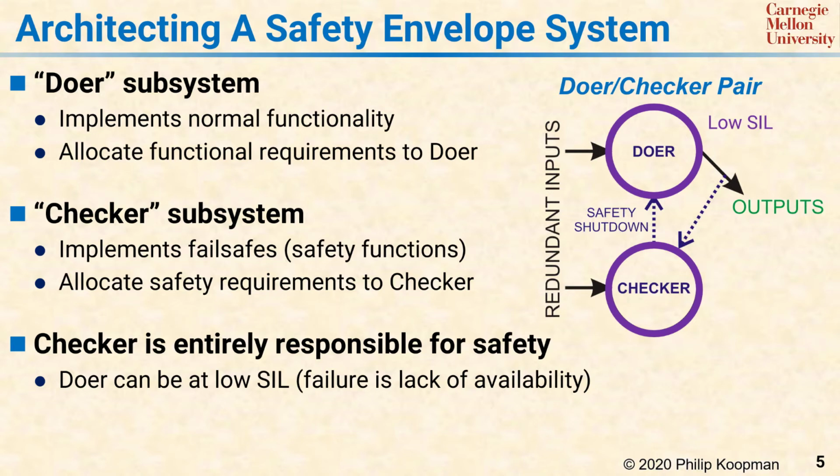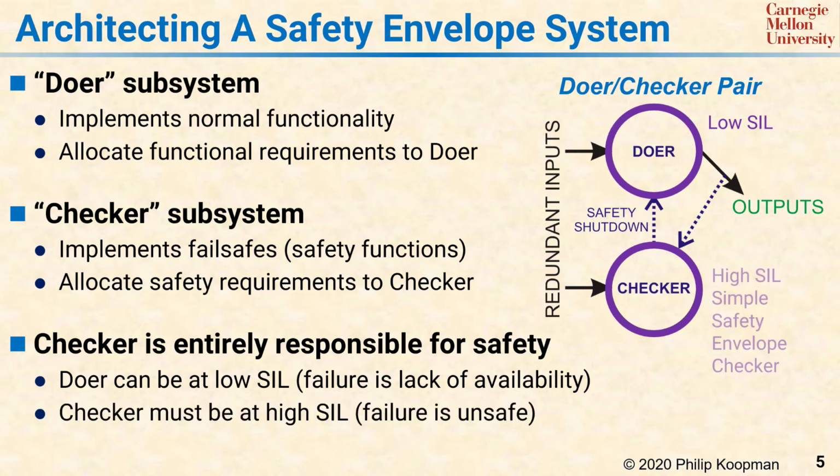The doer can still have an incorrect implementation, and that might attempt to drive the system into an unsafe state. But such incorrect behavior is just an availability problem. In other words, the doer can make the system fail, but it cannot make it fail in a way that is unsafe. On the other hand, the checker must have a high safety integrity level because it has the responsibility